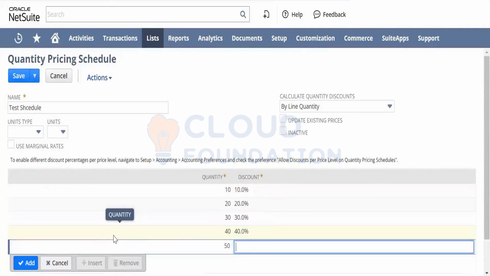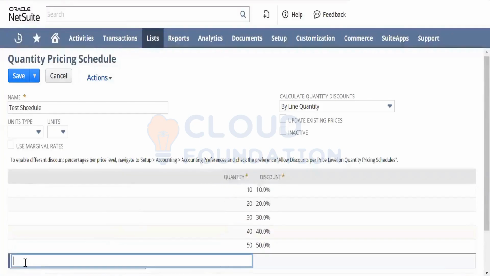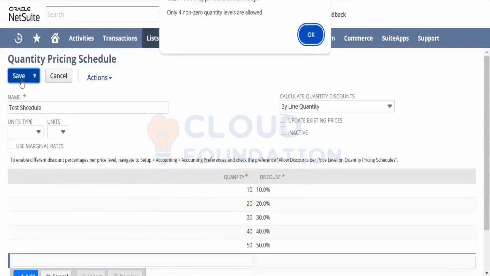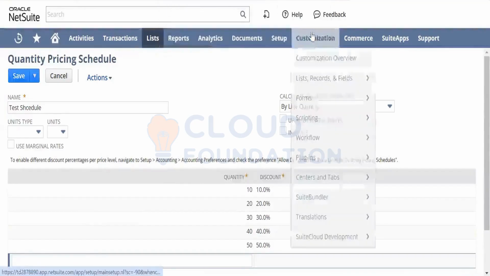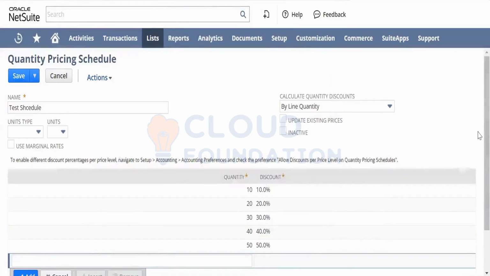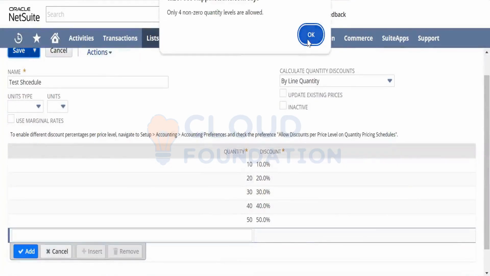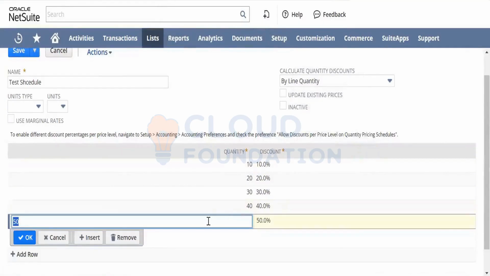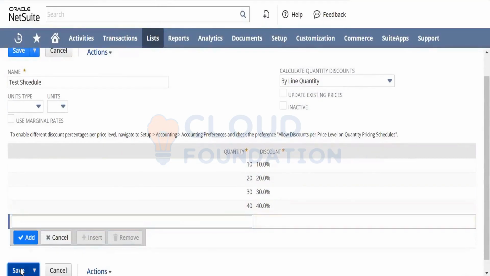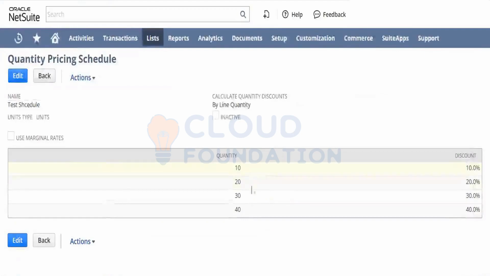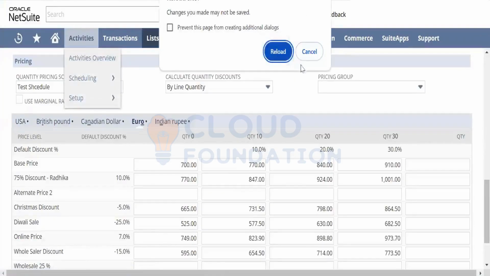Usually so much of this content is not given, but this is a test scenario. What I'm doing is, I can set up these things and then save. Before that, non-zero quantities allowed is 4. I think it's taking up to 4 levels. That's fine. So now, if I go back to my inventory item and refresh this,